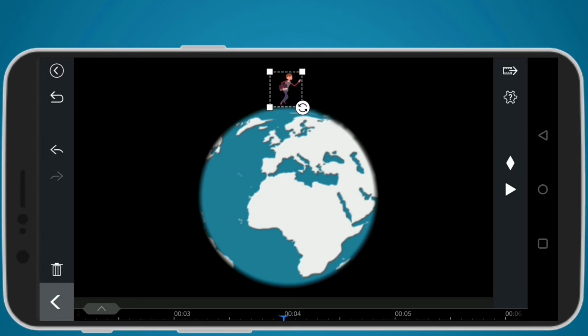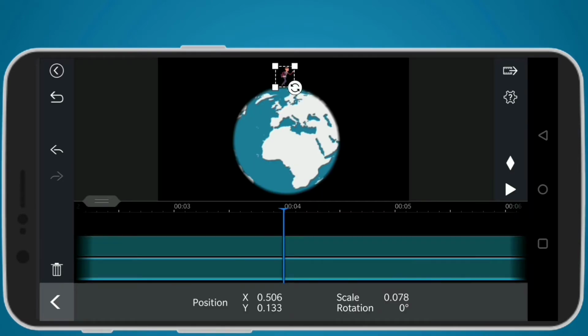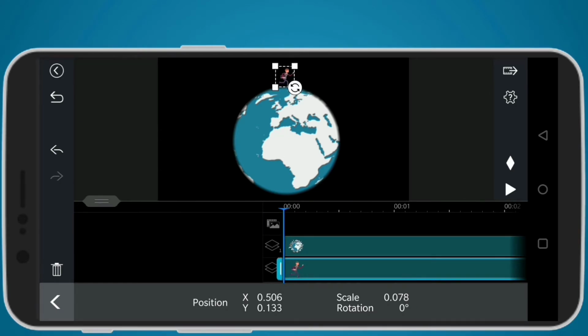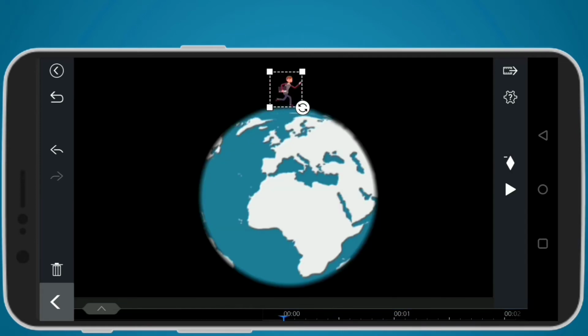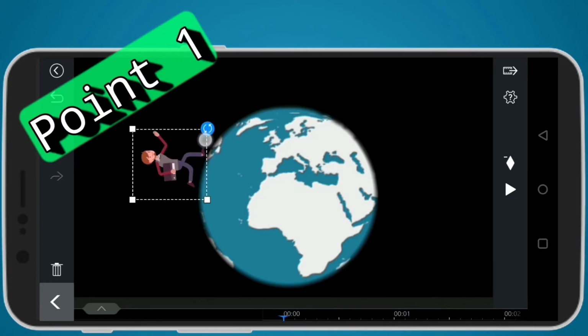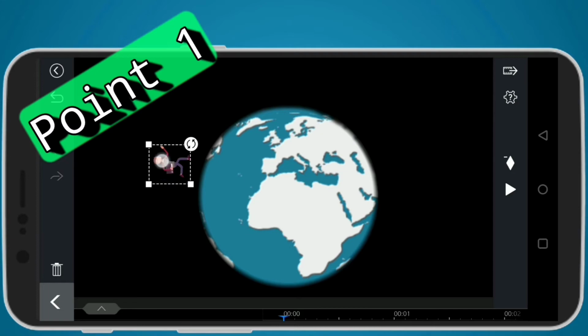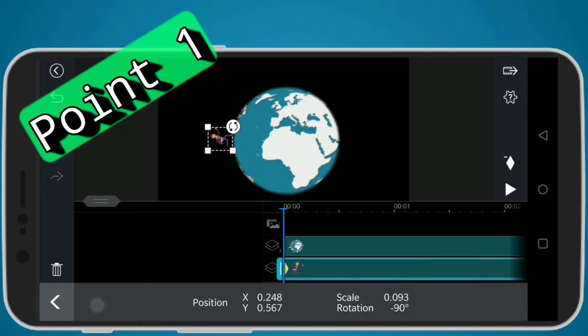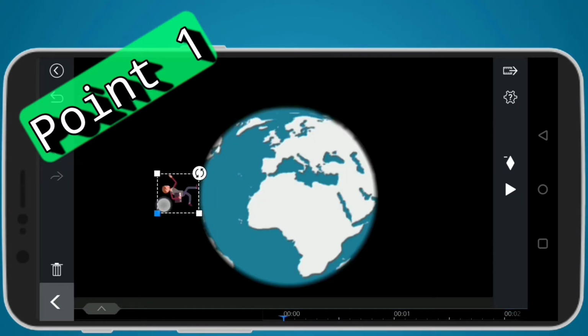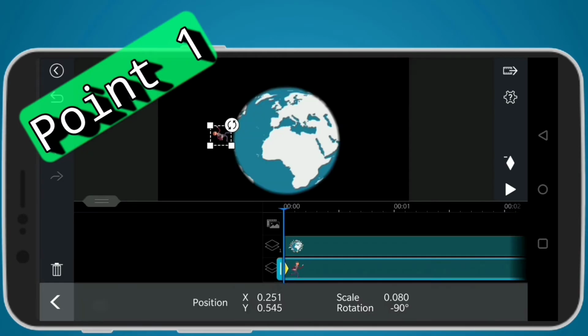Now we need to go to the keyframe option and expand the timeline for better accuracy. For marking position 1, we need to tap on this diamond icon on the right at time 0, and once done, we can see this diamond icon in the timeline window as well. Once we move this blue line over the diamond, we see it turning yellow and we need to stop here. Now we need to rotate this character by minus 90 degrees, making sure that the size is 0.076 and place it at 0.1 at tangential position. Once done, this is how Mr. 1 will look.